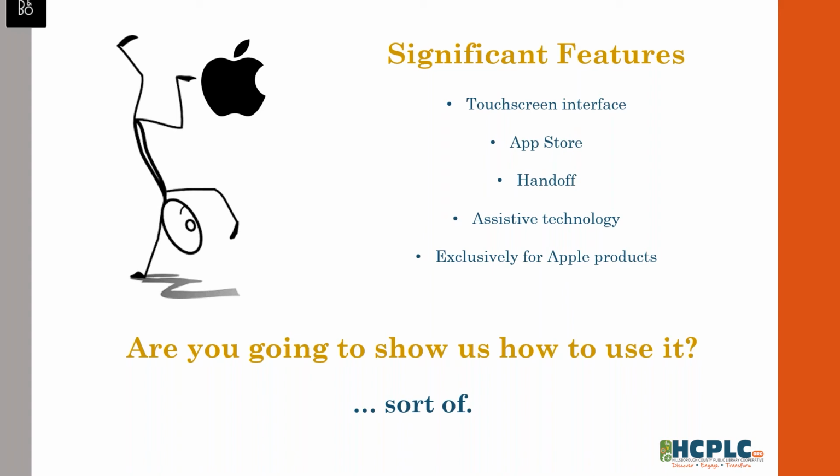Another thing that's not really talked about a lot is their assistive technology. I keep using the word revolutionize, but Apple really did revolutionize a lot of these things, the idea of assistive technology with your devices. One thing they have is VoiceOver. For those who have sight issues, who can't see very well, VoiceOver reads everything that's on your screen. And one of the cool things about this is that VoiceOver can also describe things like photo scenery. If you bring up a photo, it can explain to you what the photo is, which is a really cool thing.